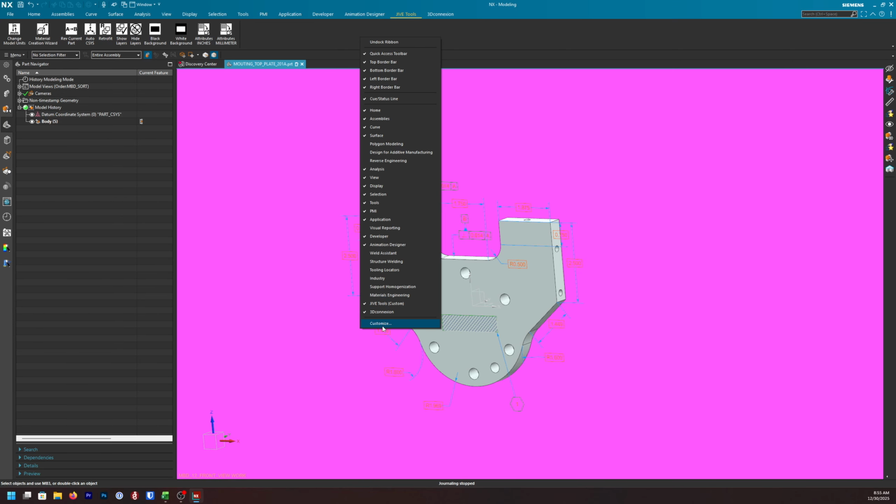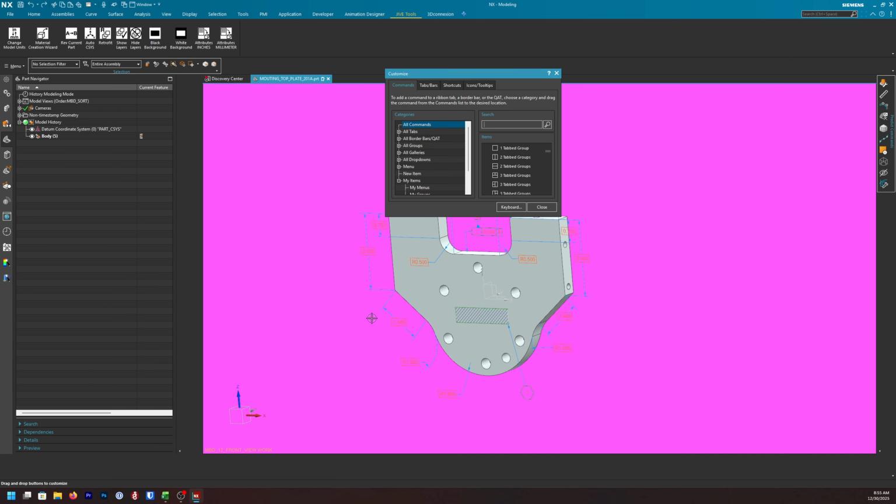And then you're going to go all the way down to Customize. Now, this is where you would hit the little plus sign right here to add a new tab. I'm not going to do that since I already have my tab created. But what I do want to do is add an icon here that will allow me to switch to a pink background. So if you actually scroll a little bit further down,